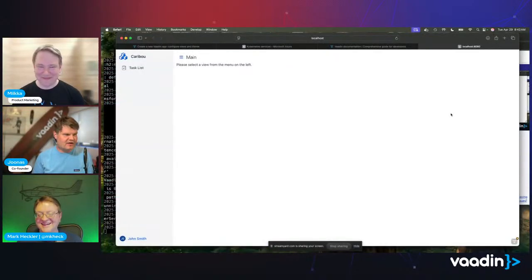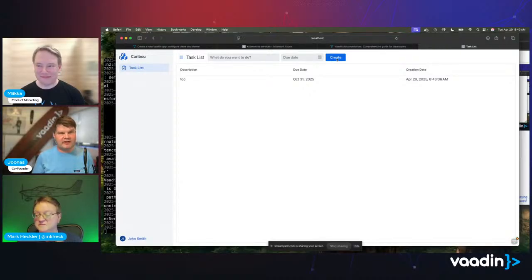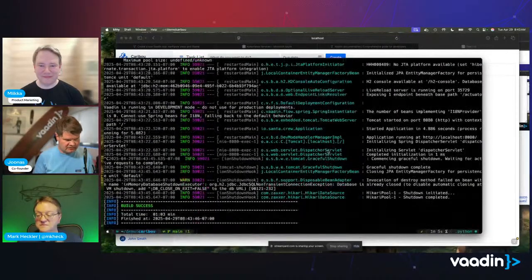All right. So the application that we got is trivial. I added just a to-do view in here where you could, let's say, pick a date and we could add to-dos in here. It actually goes through JPA to a database and all that. But obviously, we don't want to develop it like this. So let's open it up in an